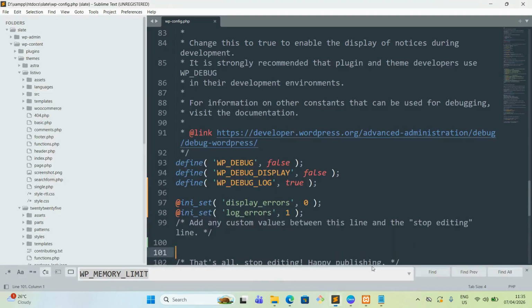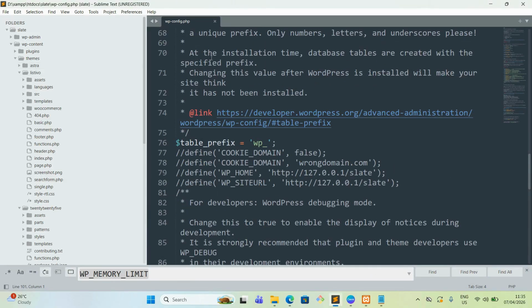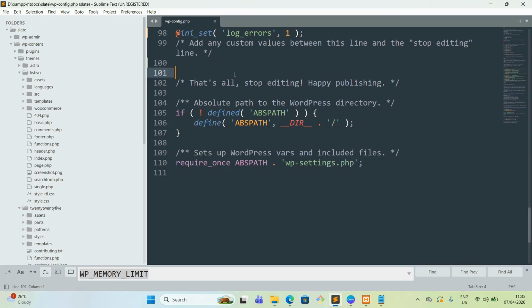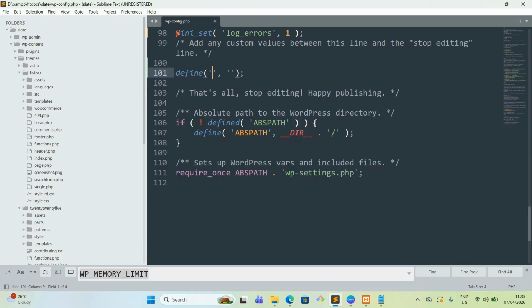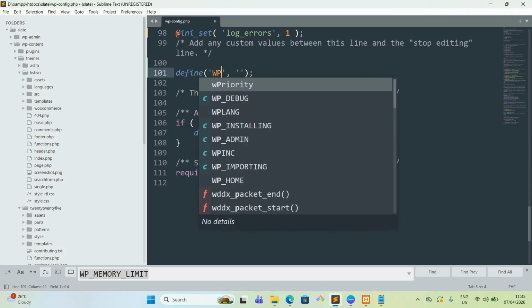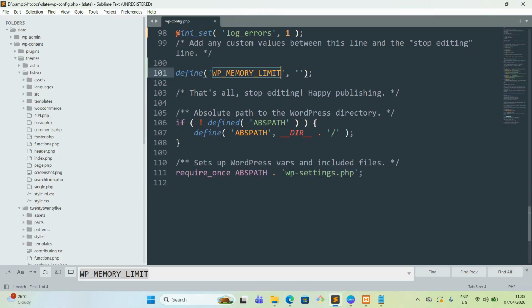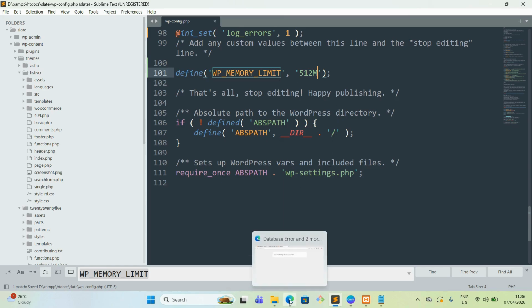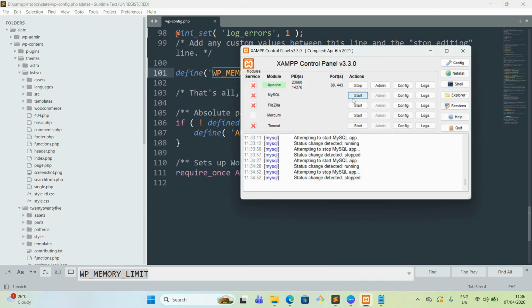First of all, we have to go to our wp-config.php file and try to increase our memory limit. How to do that? We have to simply use a define constant, and the name of the constant we will be using is WP_MEMORY_LIMIT, and we can set it to some large number. In my case, I am setting it to 512M. M means megabytes. And if I try to connect again to my MySQL host,